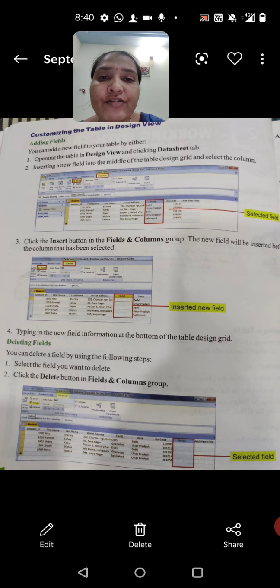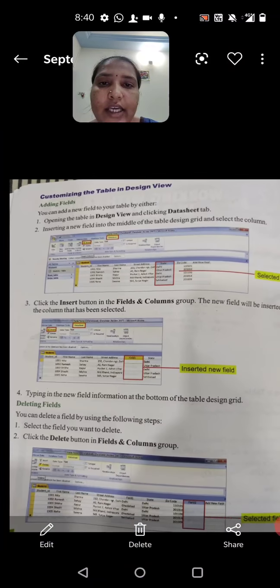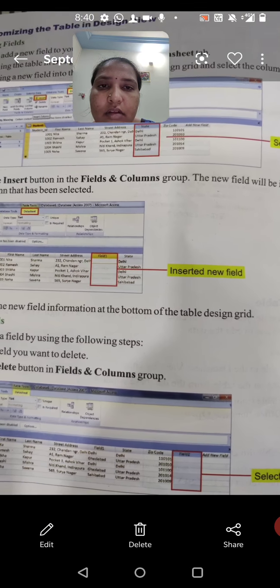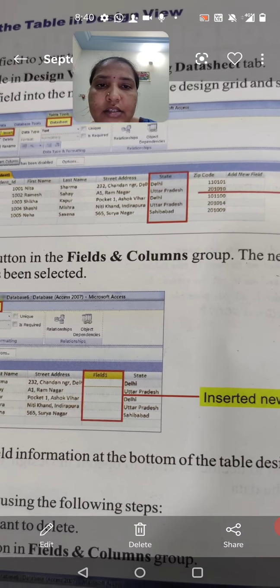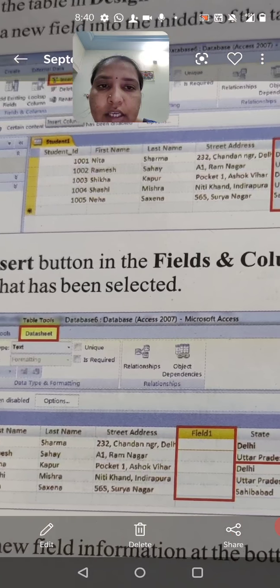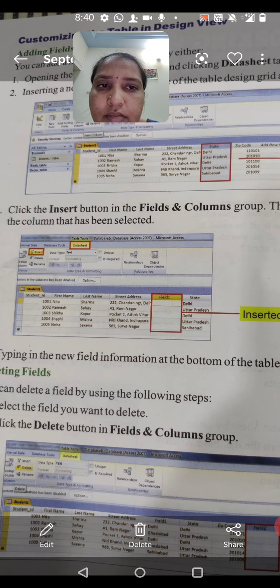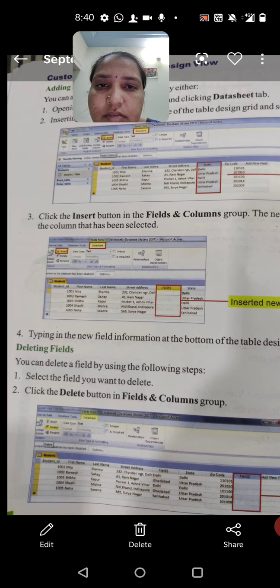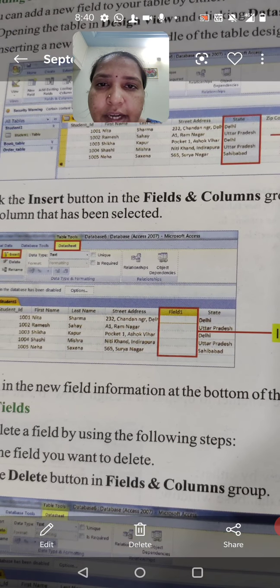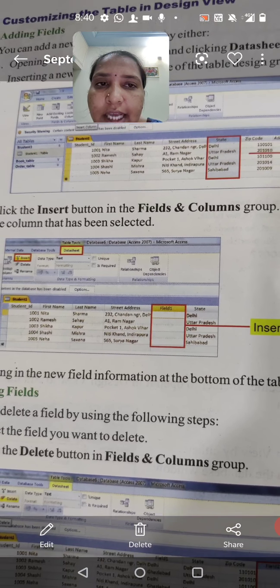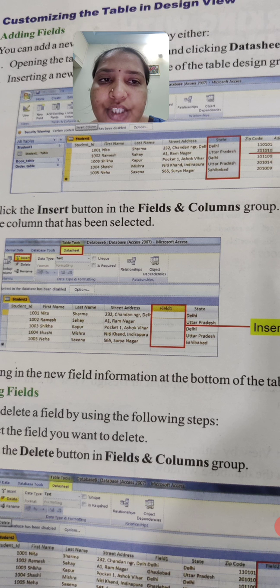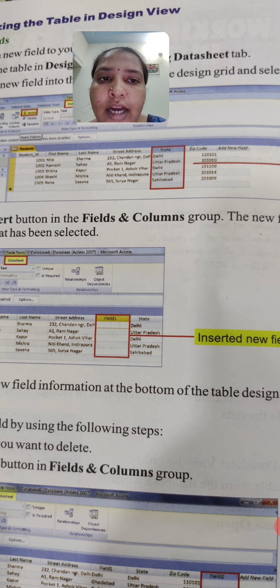Then how to add fields to the tables, we can see here. See this window properly. This student 1 table contains the fields student ID, first name, last name, street address, state, zip code, and we can add more.